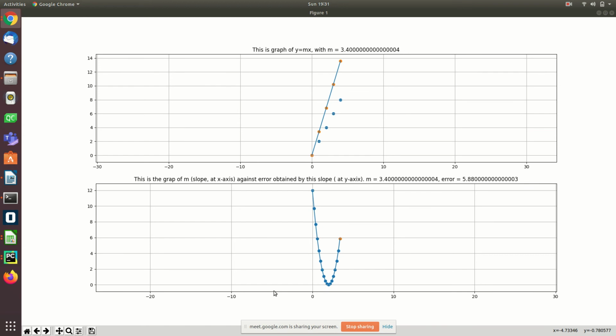There are 2 now. M is taking from say 0 to 5, c is taking from 0 to 5, and then with each m there are 0 to 5 c's, for again another m, 0 to 5 c's, again another m, 0 to 5. So there are multiple values of m and multiple values of c. For that I get one error. Okay, 1 m, 1 c, yes. 1 error. Second m, second c, second error.